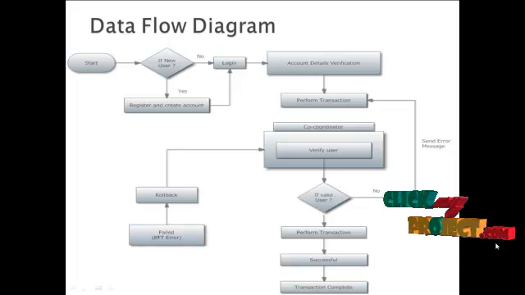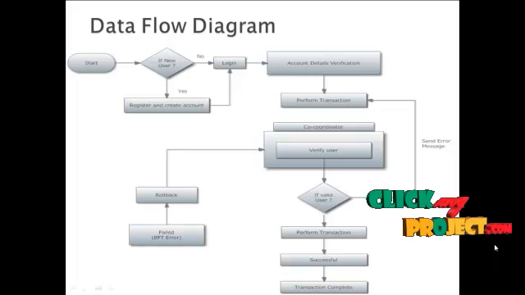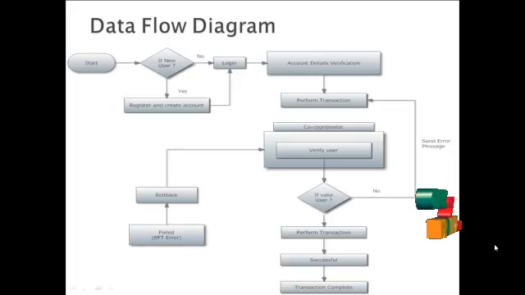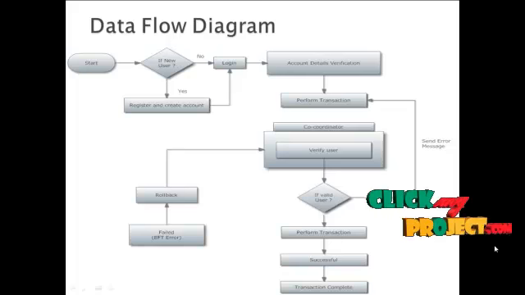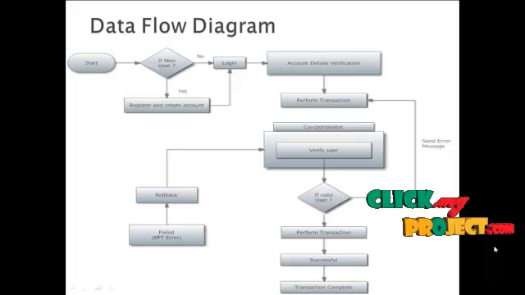Now going to explain the data flow diagram. The process starts with the users. Users have to be registered and create an account, and then they can log in. After login, the users have to check the account details. After that, here we are considering the bank transaction process as a major process, and the whole process is validated